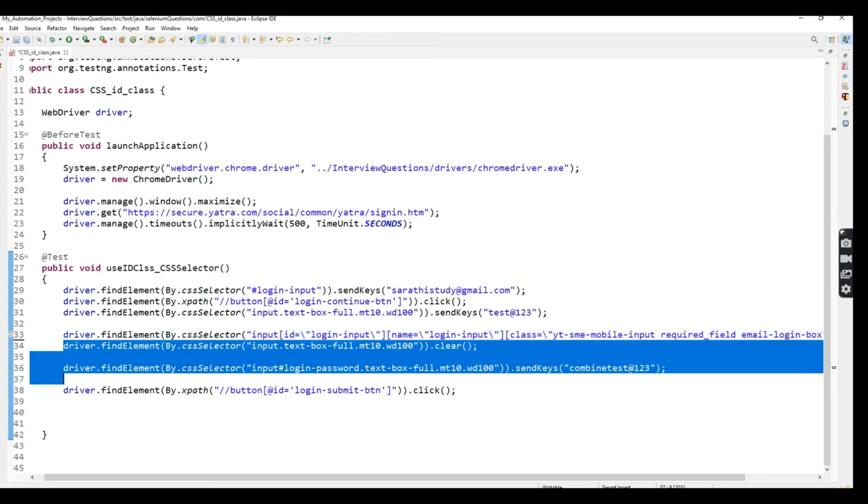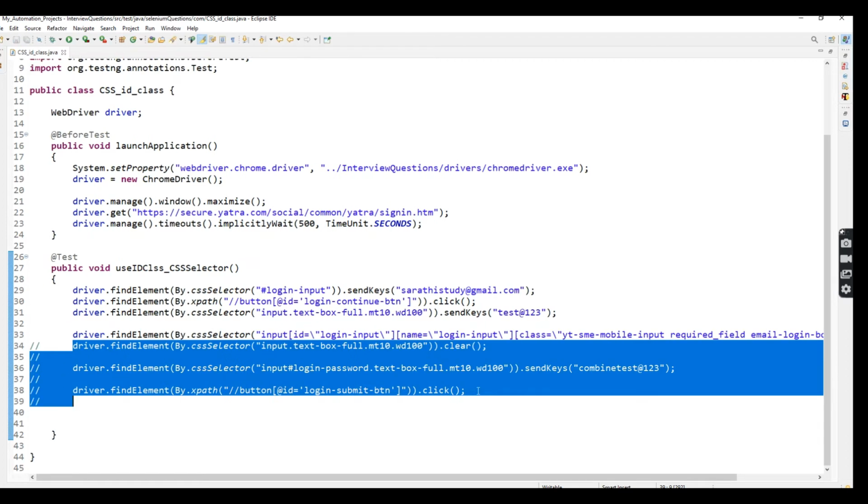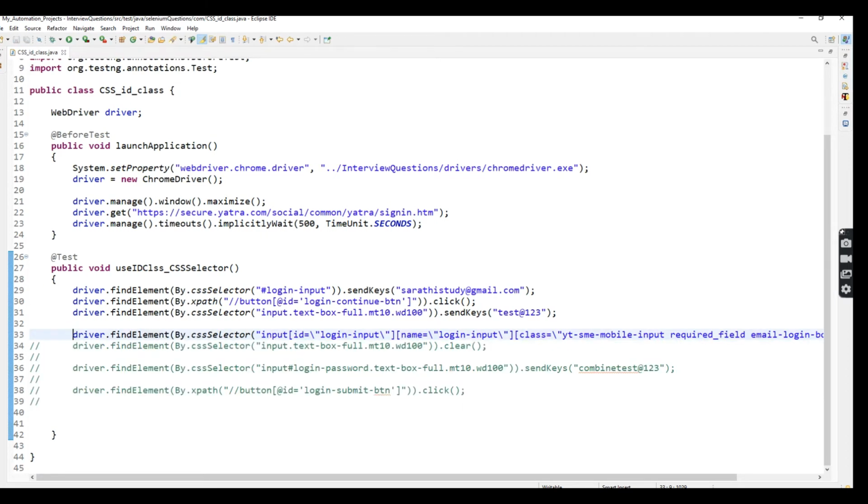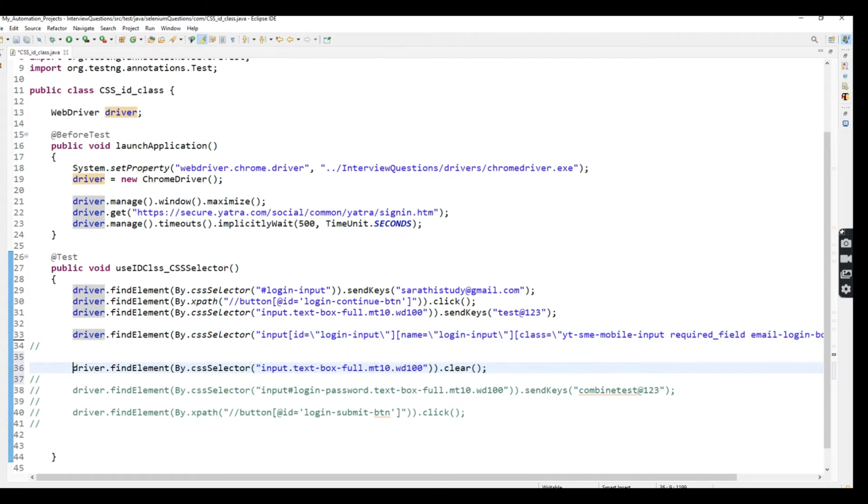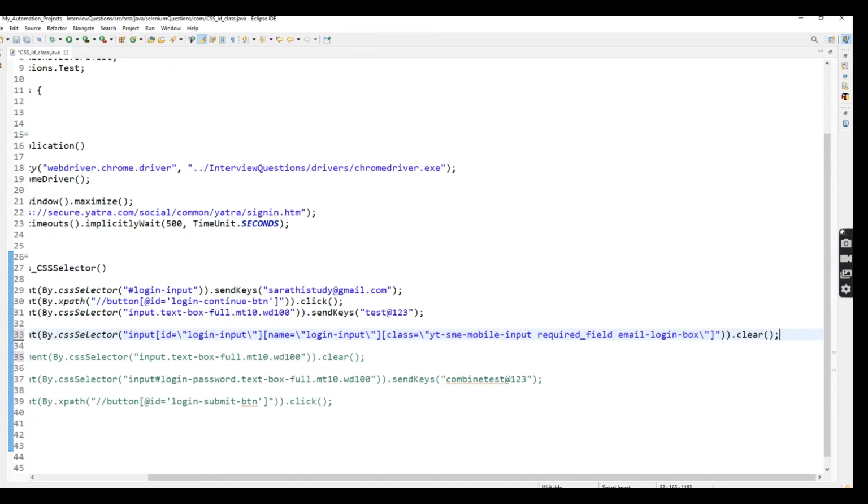I'm going to comment out the remaining three lines, and I'm going to automate only the email ID input box. I'll show you how multiple attributes work here.